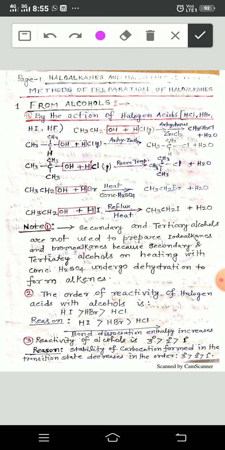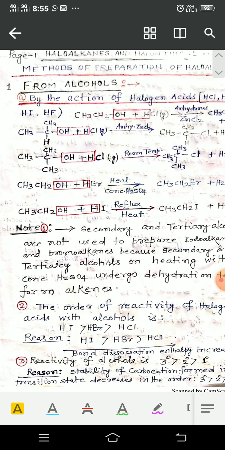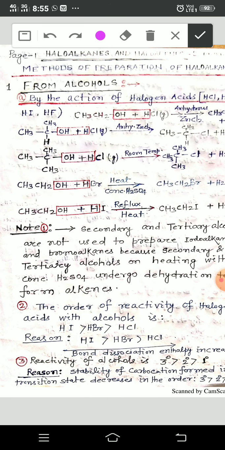So, see here, this is about the preparation from ethanol. By the action of halogen acids, when ethanol reacts with halogen acids, as for example HCl, HBr, HI generally,